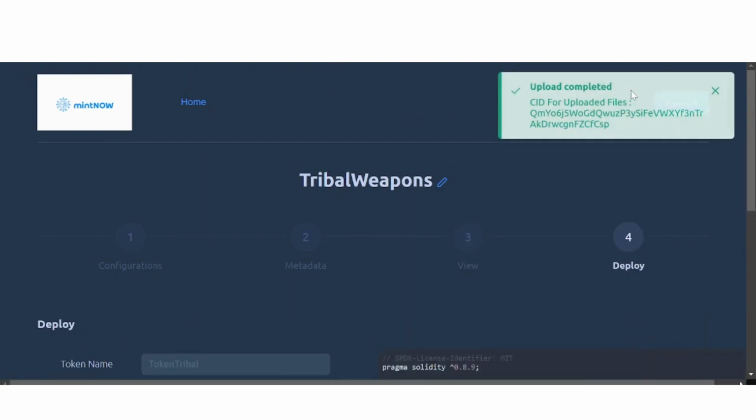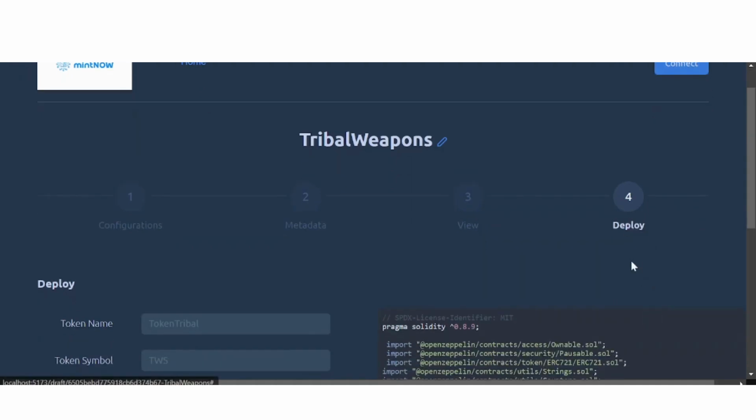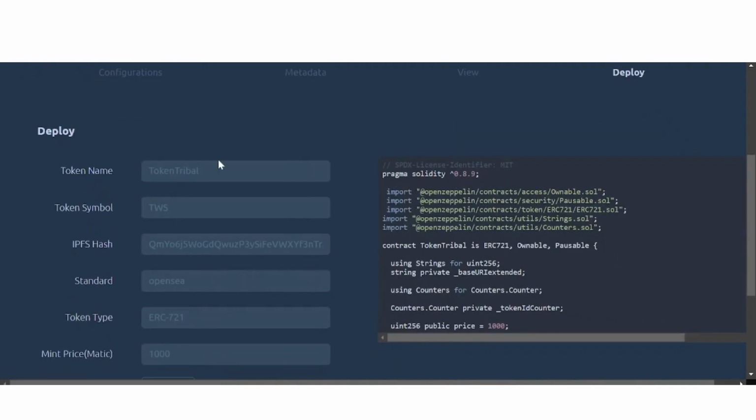So it's going to upload, and the upload is completed. It's uploaded the file to the IPFS, and the CID hash is generated and returned back, and it moves to the next page as well. So the next page is the deploy page. On this page, you can see